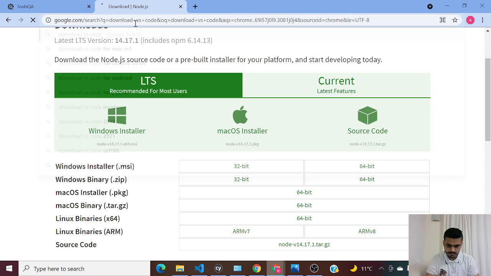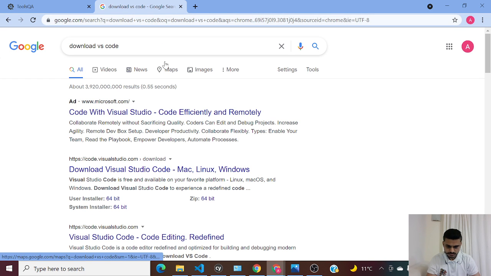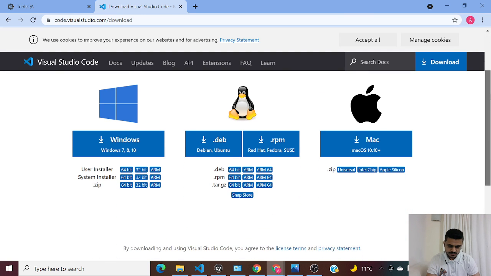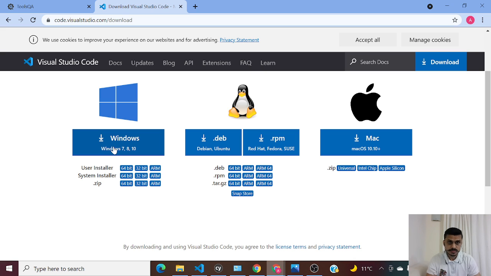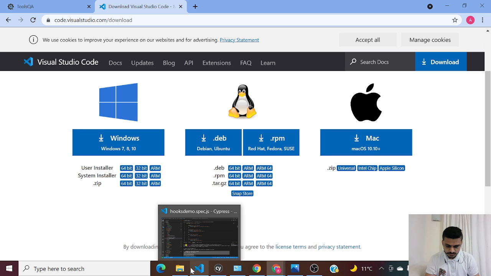Just type download VS Code for Windows. Okay, and that's the official website. Even this is pretty simple, guys. Just download it and install it, and you don't need to do any special thing. It will just install Visual Studio Code in your system. So next, once you have it, we will create a folder